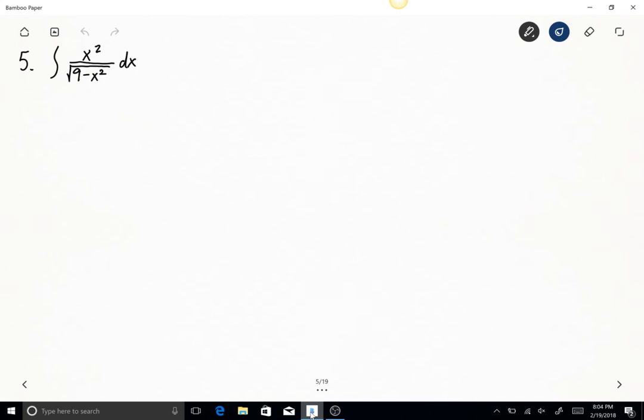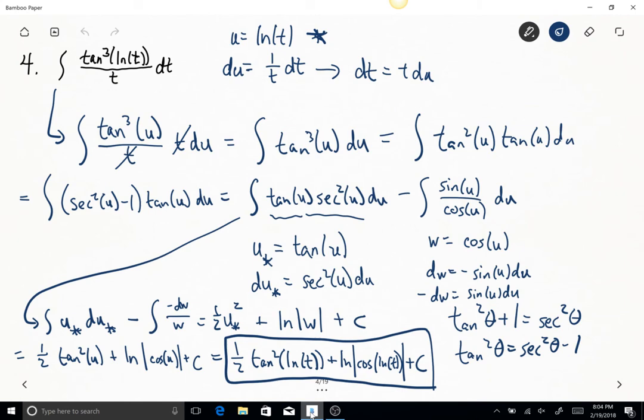Yeah, so a comment on the last one, recognizing you need to break it apart is a tricky step, and I'll mention that one more time. The real reason why, if we set, say, u star equal to tangent u, notice that piece, that 1 right there, we aren't going to be able to work with it so much, right? So we'll get the du would work for the secant squared, but we have that negative 1 right there, and we can't fix that. So breaking it into that extra u substitution, that is the big thing that we need to work with over and over again. So yeah, great comment there in terms of we do need to break these things apart. That it is the tricky